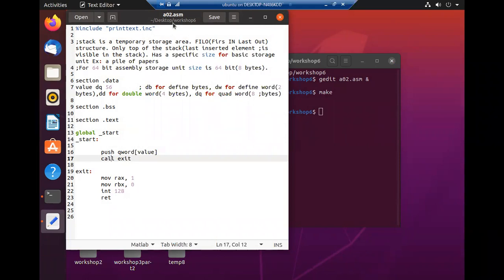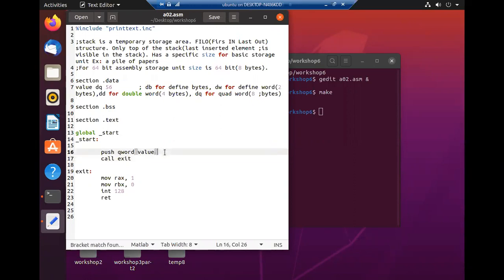So you can see we can push a 64-bit or 8-byte value into the stack, even from memory, from the internal memory. You can push a value from a 64-bit register, or you can directly push a number into the stack.